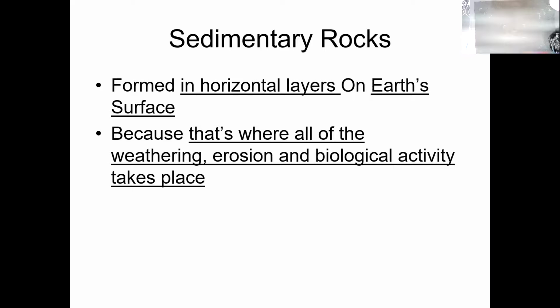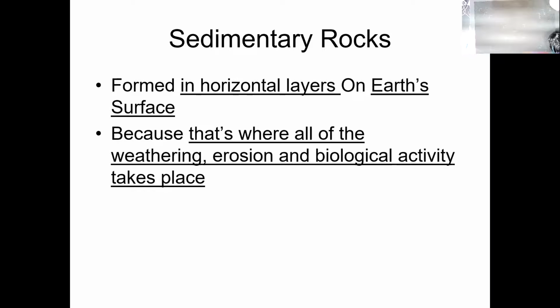Everybody think, because he's on to something here. He said that sedimentary rocks form on the surface. They're the only ones that always form on the surface. So why are sedimentary rocks the ones that have fossils? Because they form on the surface. Everybody think, not just Anthony. Because they're from pieces of dirt and